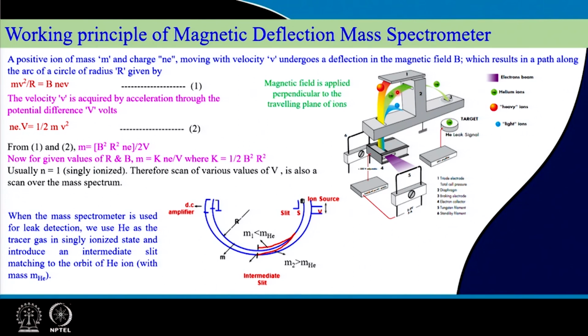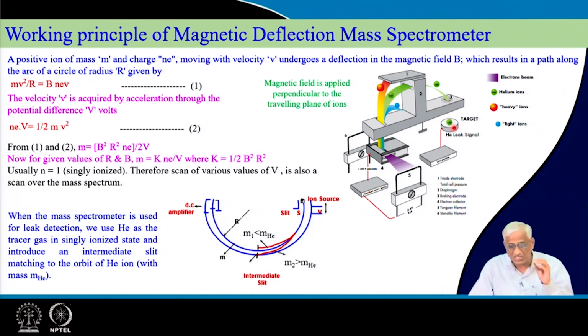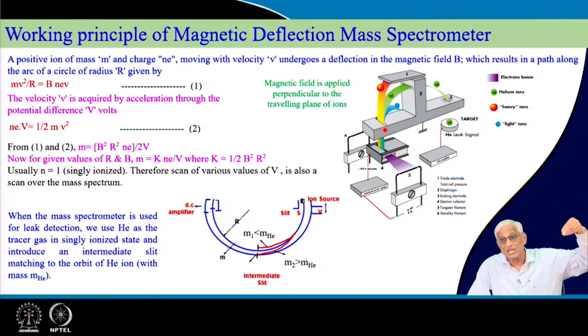So, the helium ion will go through a small slit without touching this grounded electrode, and it will come out. This is a 180-degree deflection type because of the electric and magnetic fields available, and it will reach another slit here and go to the target, a Faraday cup, and there are so many detectors that will be amplified. That signal is proportional to the number of helium ions entering here, that is proportional to helium atoms, that is proportional to the sprayed helium that we are spreading on suspected leaks, that is proportional